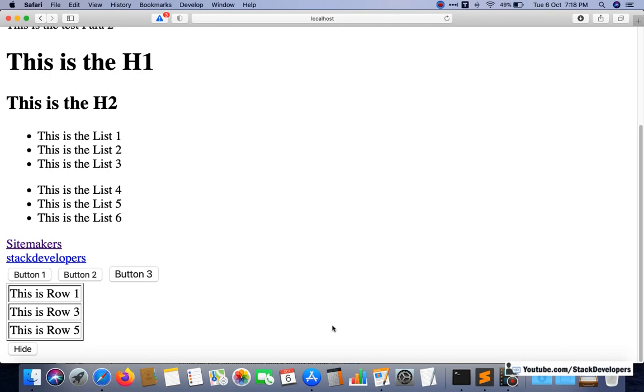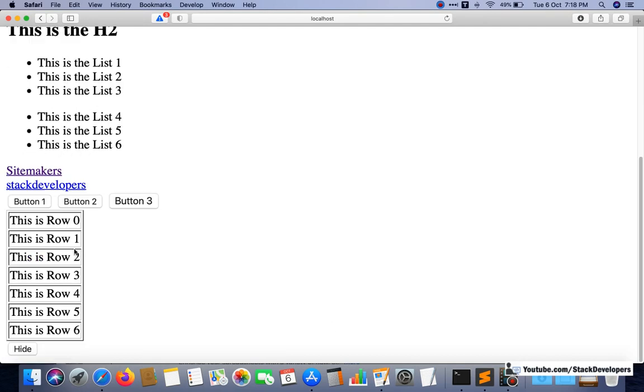If you come into a scenario where you don't want to hide but want to change the CSS, like changing the color of the even TRs, so row 0 will come in red, row 2 will come in red, row 4 will come in red, row 6 will come in red, then you can do this kind of activity too. At that time you need to apply CSS, and we are going to do CSS in the next video.